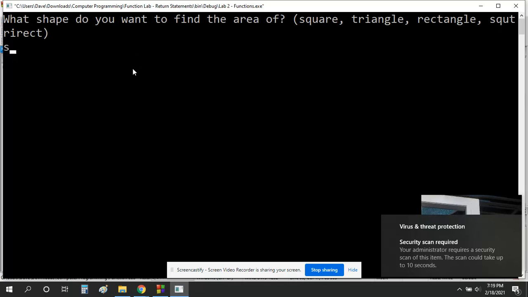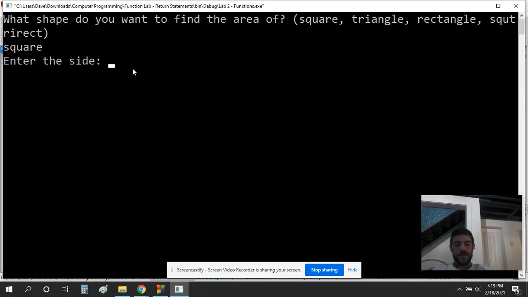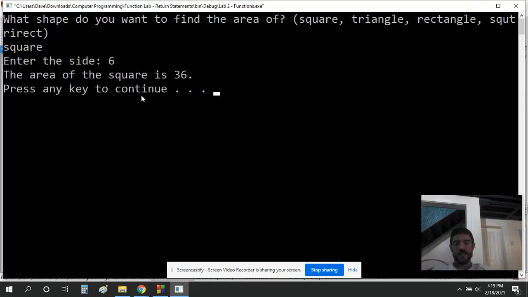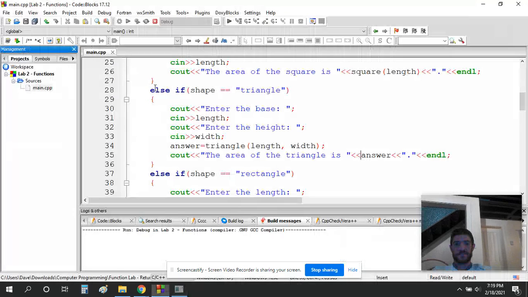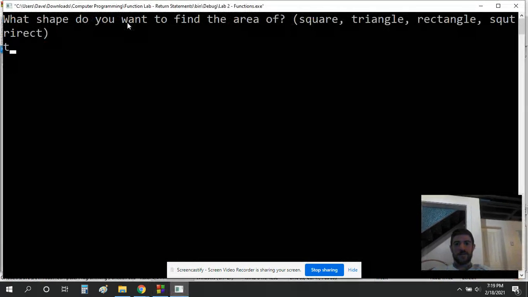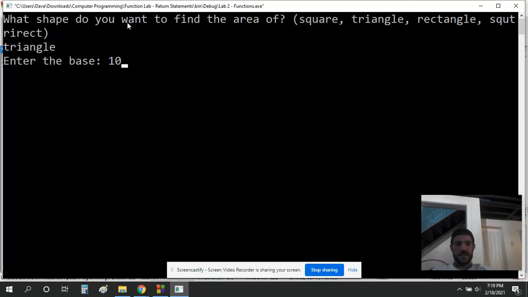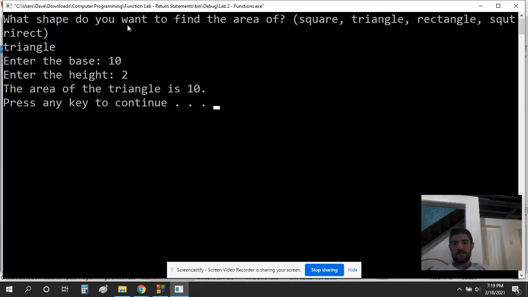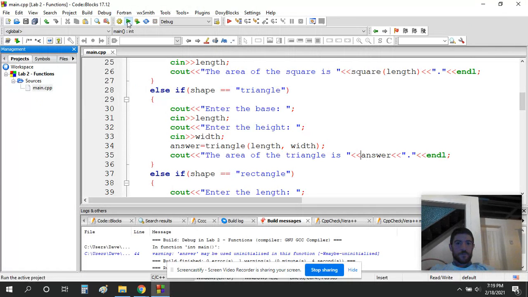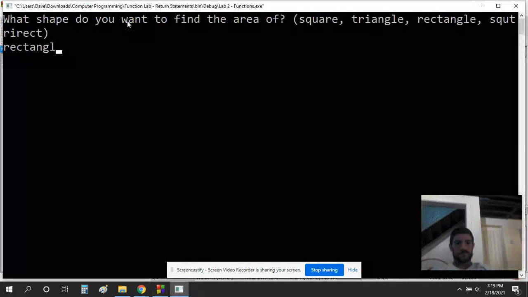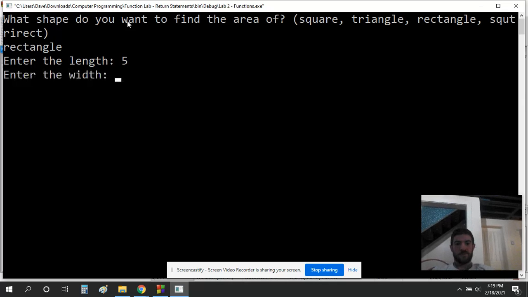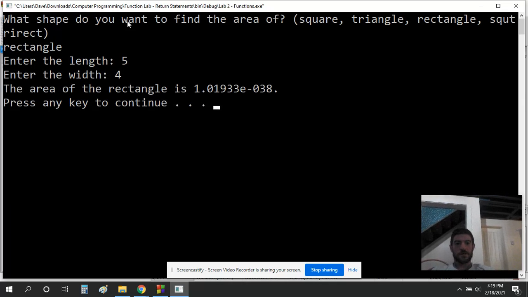All right, so let's actually just run this so you can see it in action really quick. Let's say I wanted to do a square, and then I enter the side length. It's going to tell me the area is 36. If I run it again and say this time I want a triangle, and I'll put in a base of 10 and a height of 2, it's going to tell me the area of the triangle is 10. Now, let's try it one more time with rectangle. If I put in a length of 5, a width of 4, it tells me that the area of the rectangle is